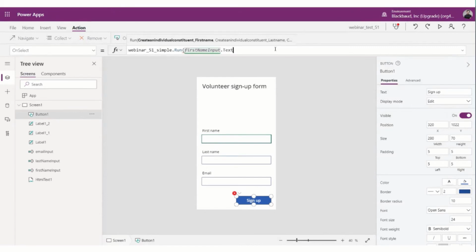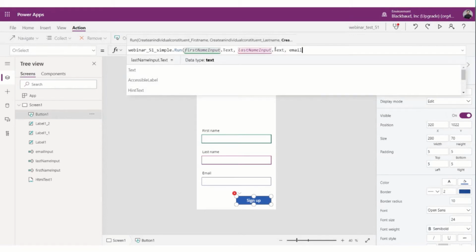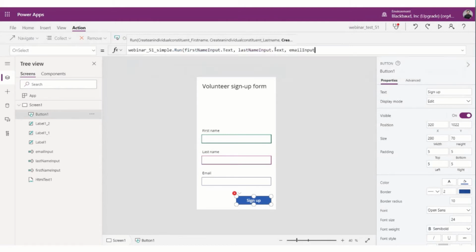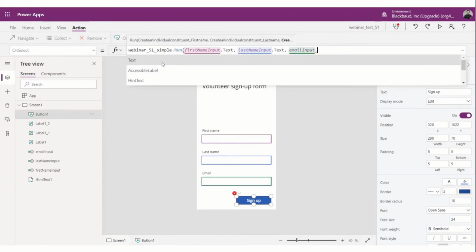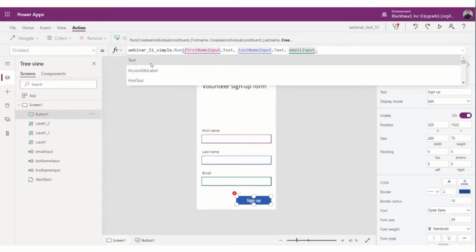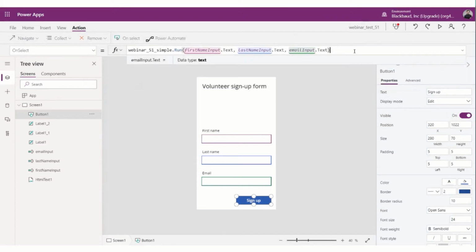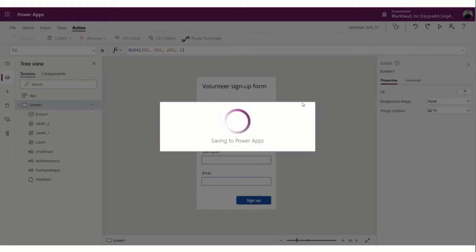The other thing is, whenever you're calling anything in Power Apps, if you think you're done, go ahead and put a period to see if there are additional properties. It'll just save you a lot of pain and heartache. I guess the way of thinking about it is that this input field actually has a couple of different properties. It may give you the right property. It may not. It's always better to specify it. So okay, we're getting the first name, the last name, and the email, and we're going to run our workflow. Okay, so let's save this.